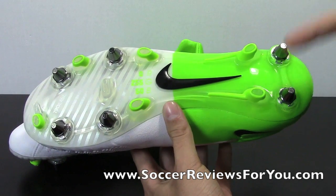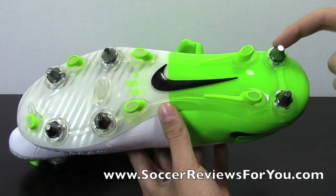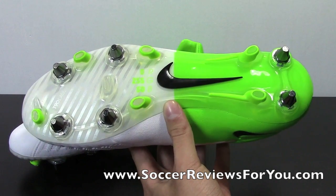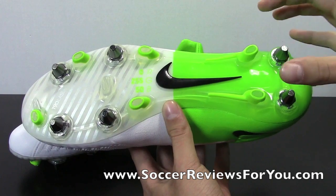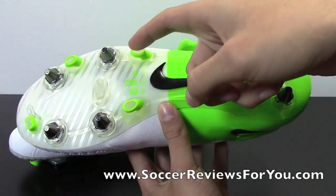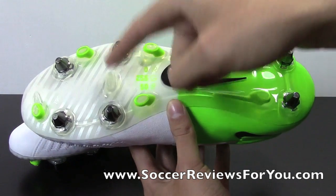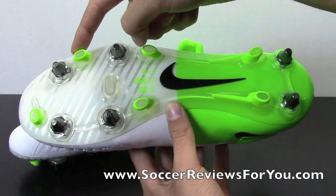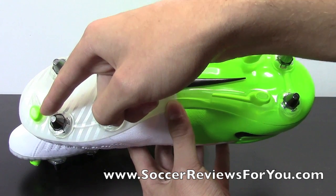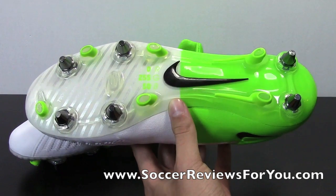You get your standard 6 stud soft ground, so you have the 13s in the back, and then the 4 11s in the front, where you have these extra molded plastic studs in between, which is why you have a mixed sole. You have the 2 in the heel, the 2 here just at the start of the forefoot, the 1 support stud in the middle, the 1 support stud on the outside of the shoe, and then 1 extra push-off stud here on the inside of the toe,